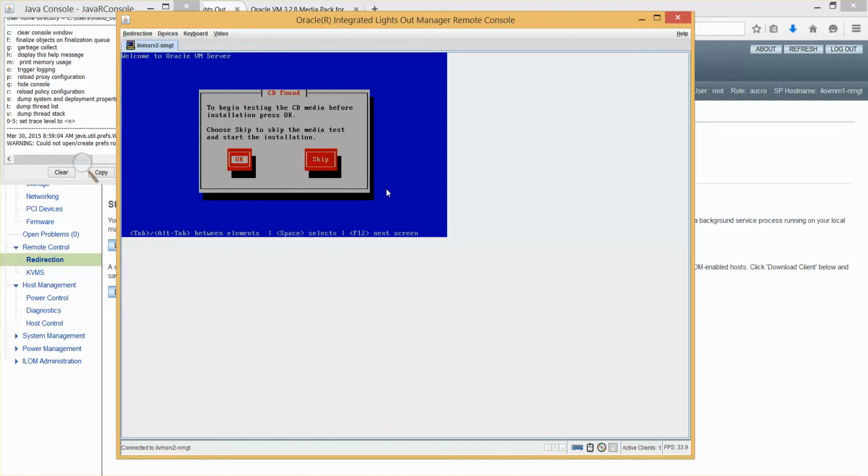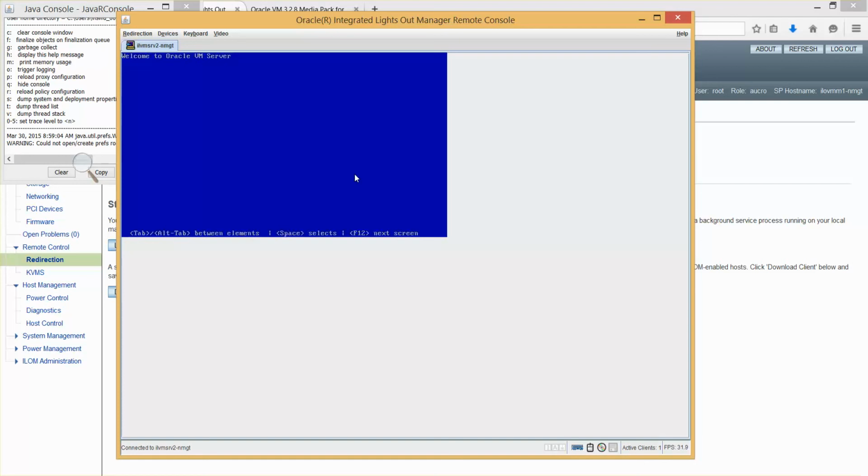So we are in the next screen, and you have to hit skip. Be careful, there will be latency because you are trying to control the remote host using a CD image or CD-ROM on your host. So there will be lag between the time you press the key and the action it takes. You have to be very careful. Make sure you pause and make sure it is on the right button and hit enter. I want to skip that media test, so I am hitting enter.